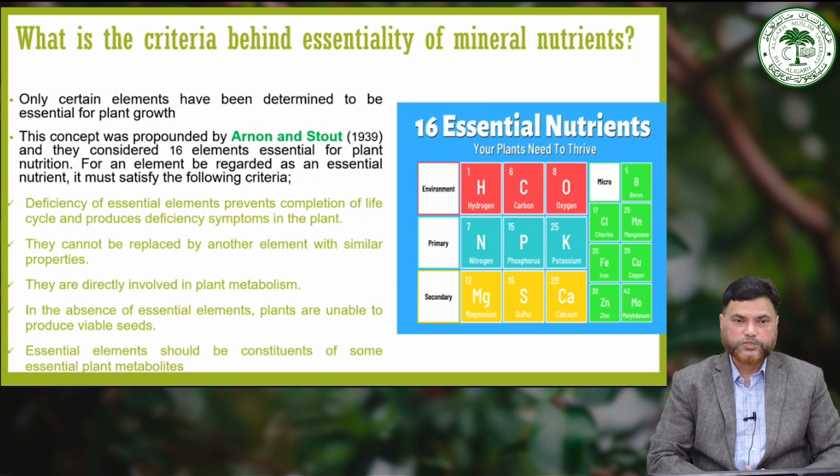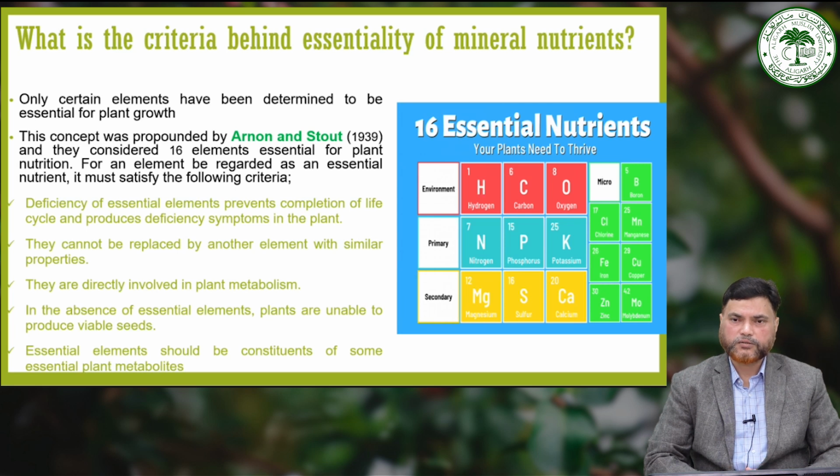Now, you see that what are the basic criteria that must be adhered to for an element to be classified as an essential mineral element. So, only a few elements have been determined to be essential for plant growth. The basic concept of essentiality of mineral nutrients was proposed by Arnon and Stout in the year 1939. So, basically they identified 16 elements as essential for plant nutrition, and